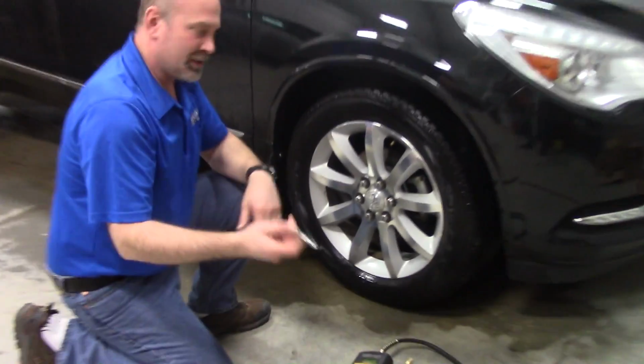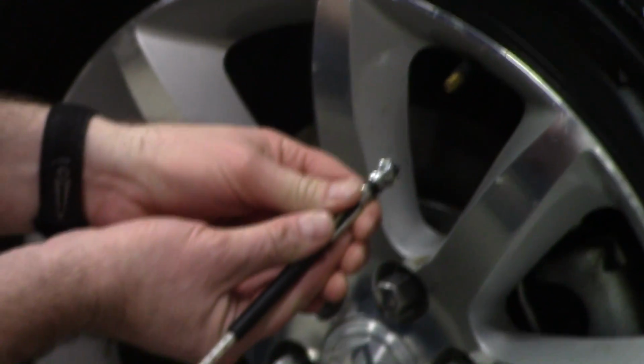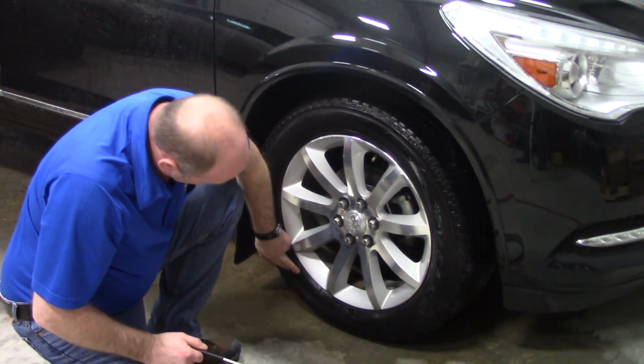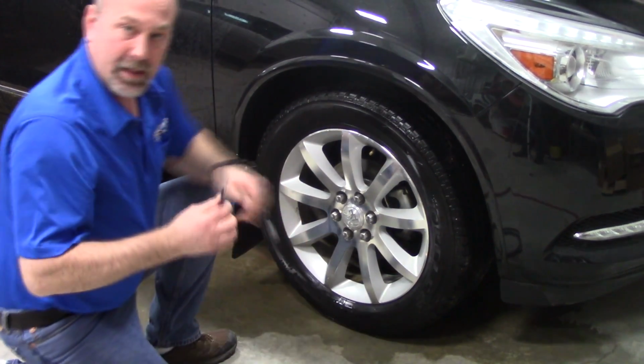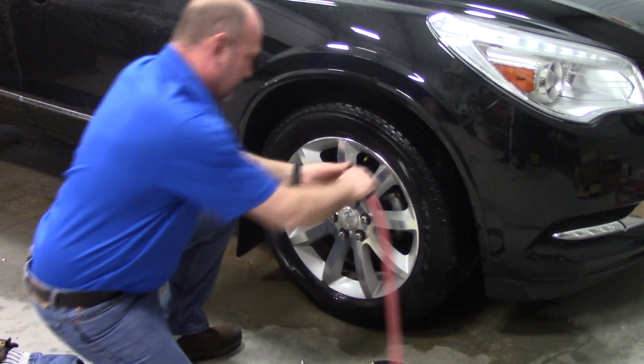First, use a gauge to find out how much pressure is in the tire. It says 30 psi. According to the manufacturer, the tire should be at 40. So that means we've got to put some air in it. So, put your air chuck in, fill the tire,